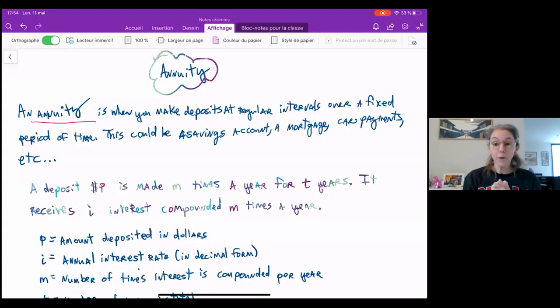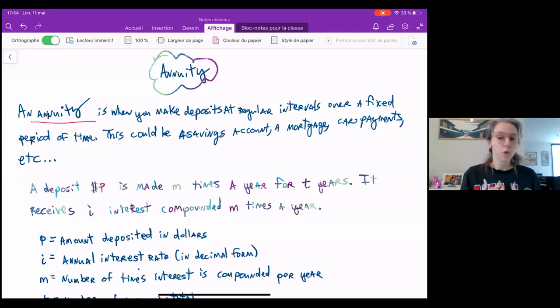Guys, so today we're going to talk about annuity. Annuity is actually an application of series that we're going to see. What is an annuity? An annuity is an account where you make deposits at regular intervals over a fixed